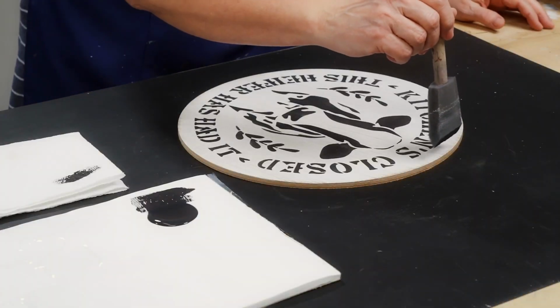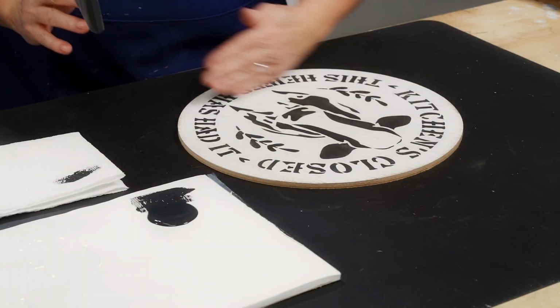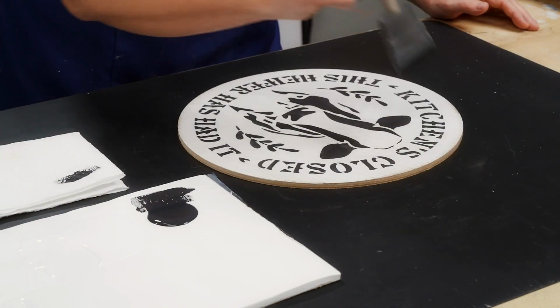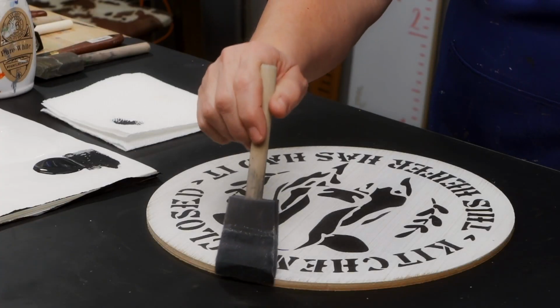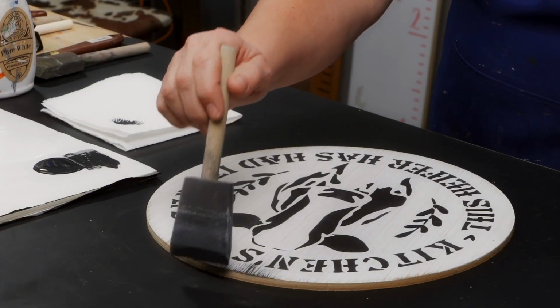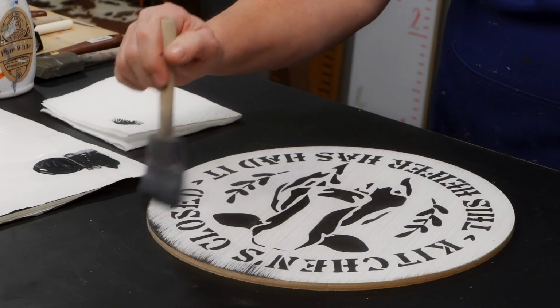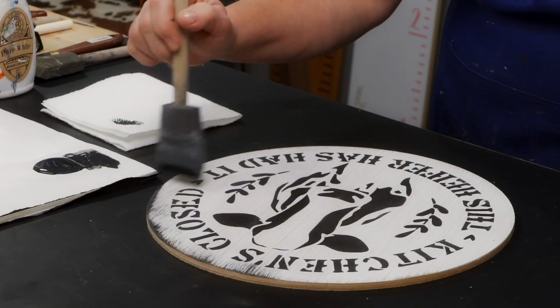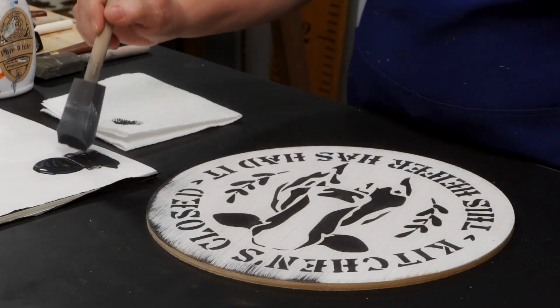So I'm going to catch my brush, and I want to go straight with whatever grain I've got. So notice I've got lines sanded into this. I want to make sure that I'm not crossing those lines in a weird pattern. So definitely straight. I'm going to flick that until I like what I'm seeing, and then I'll just move along. And notice my paint lasts for a pretty good long time. Okay, so that is how you distress or make antiquing